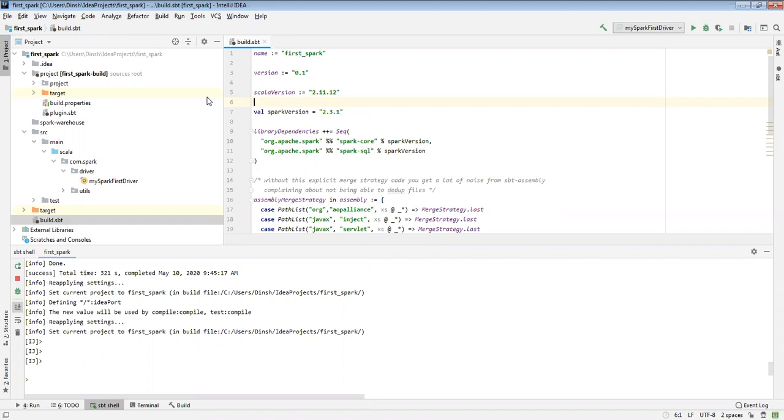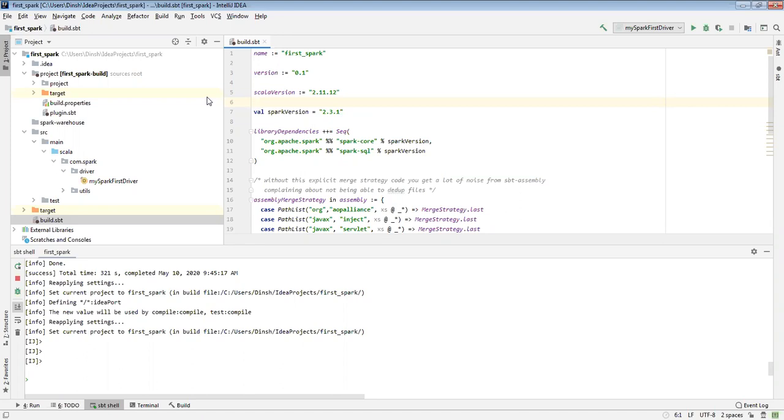From Spark, if you want to connect to any environment, tool or framework like MySQL, you need that library, a jar. Those jars are already available in the repositories, the SBT repository and the Maven repository.